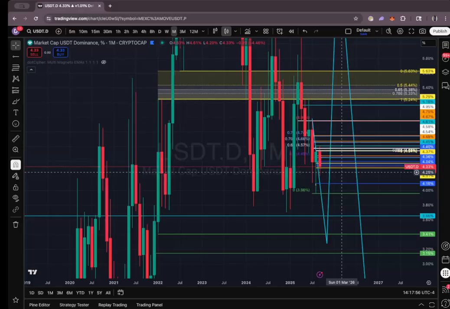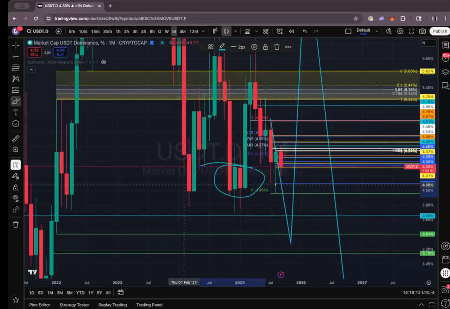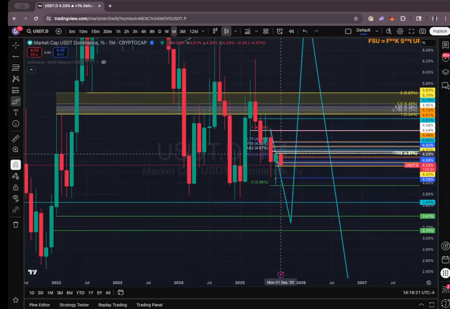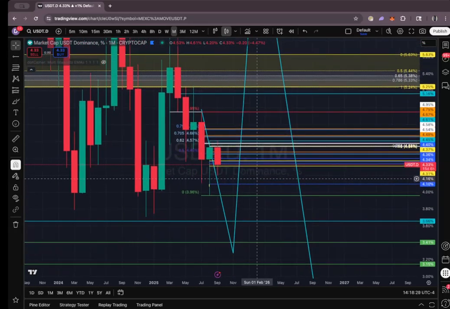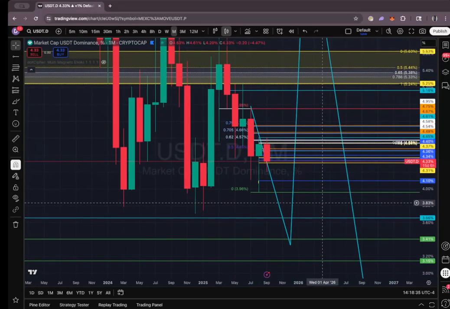Flipped red, still at range low of previous month, right? So if we close here, it is slightly bullish, very slightly, because we're respecting the 50% of this order block right here, right? This previous monthly that we are basically just bouncing on. And we want to reject it, really, if we want to see a real bull run, which I think we're not going to see bull runs as you may be familiar with, but rather we're going to see cycles, right? Small cycles where we see really good pumps after really good dumps and vice versa.